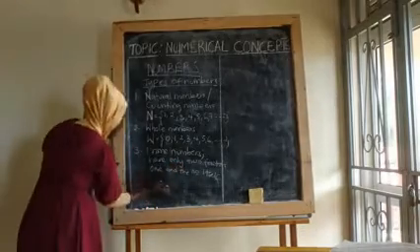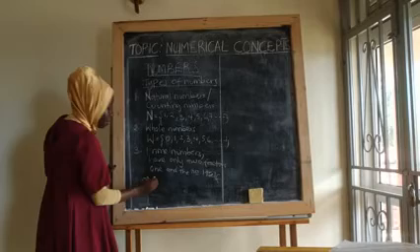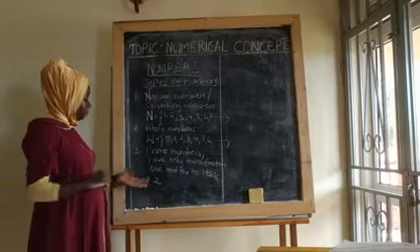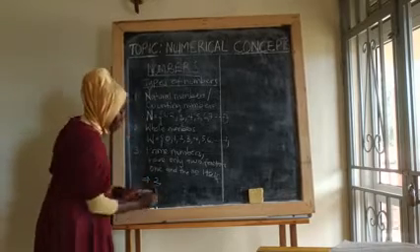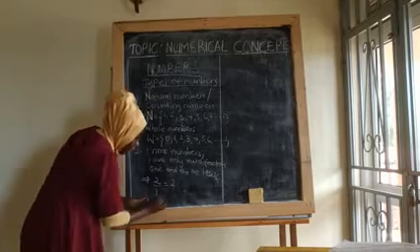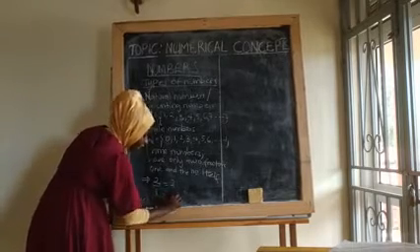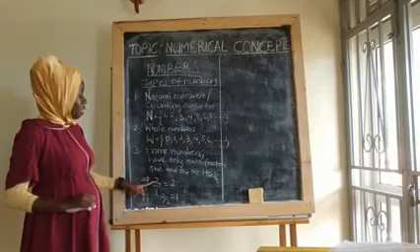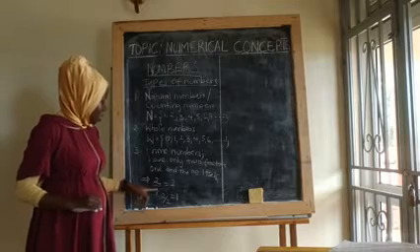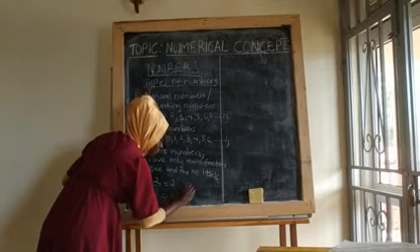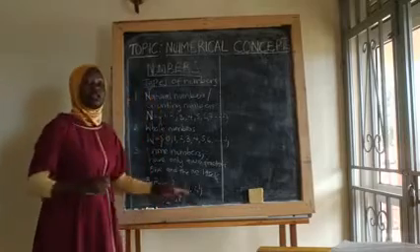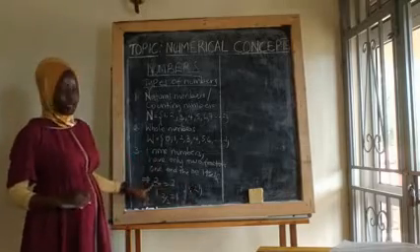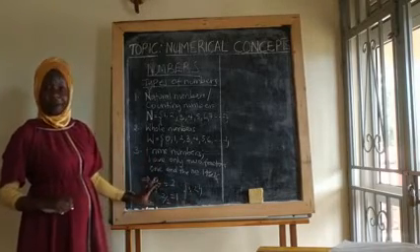I will take a look at a number like 2. How do I know that 2 is a prime number? When I divide 2, for example, by 1, 2 divided by 1, I get 2. Then I have 2 divided by 2, I get 1. There is no other number that can divide 2. Meaning that it has only 1 and 2. The answers I'm getting are simply 1 and 2. It has only two factors, 1 and the number itself. The number itself is 2. So 2 qualifies to be called a prime number.